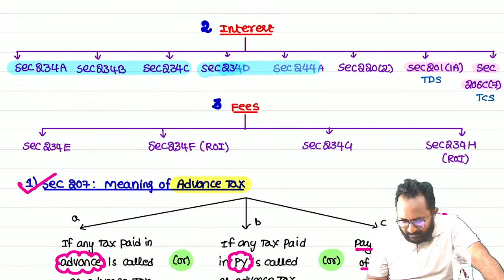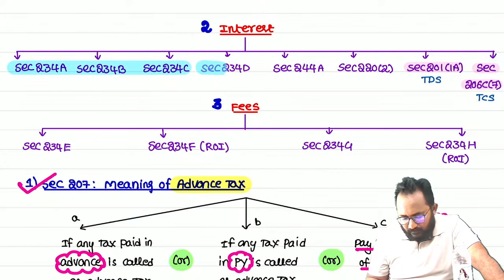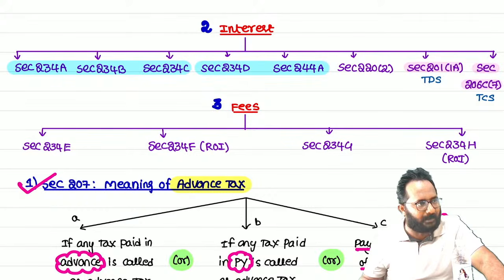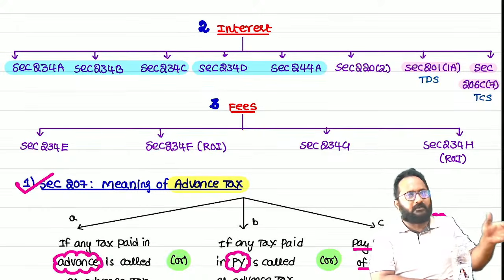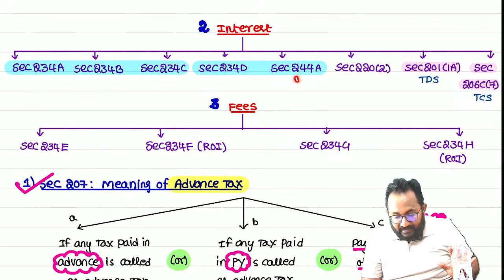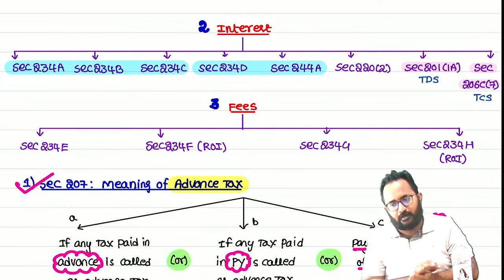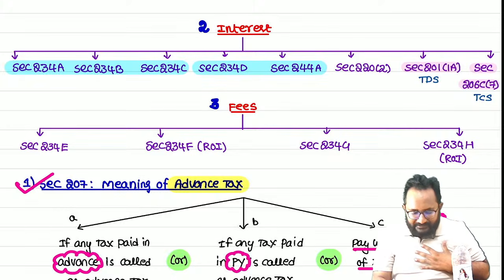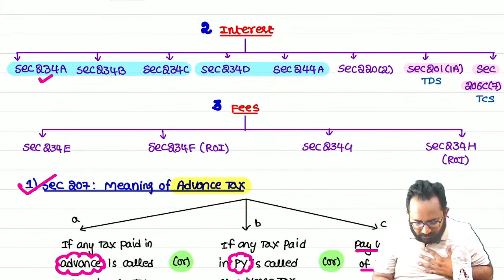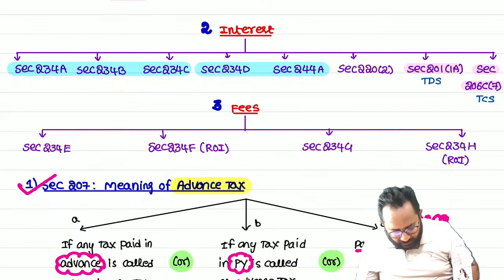But to be honest, I am expecting a 244A question for the last 2 to 3 attempts. Still they have not given it. In this attempt we can expect a 244A related practical question. Every time we are getting the questions from 234A, B, C. For a change, if they ask, they can give only one practical question on 244A. So that's why we don't want to leave that concept also. We'll discuss everything. Now, can I start 234A?